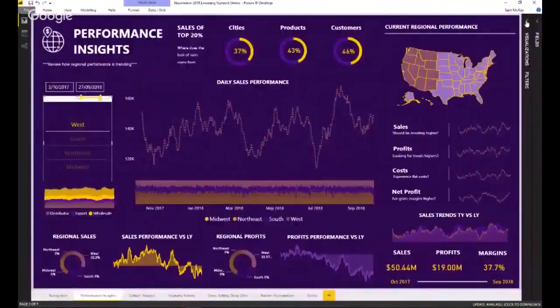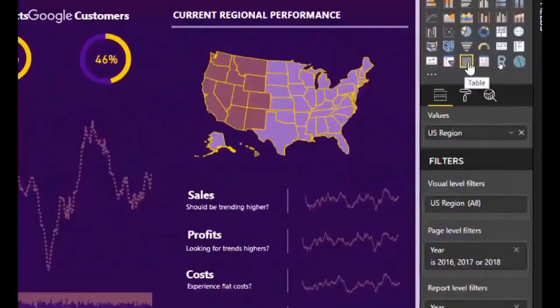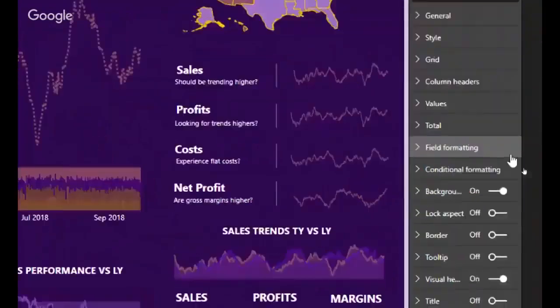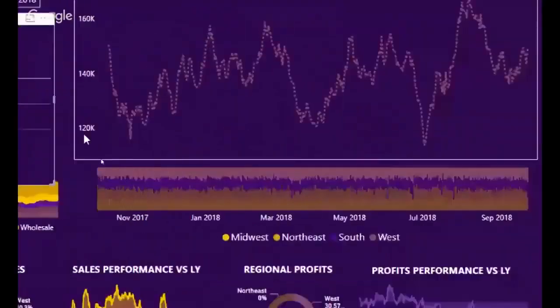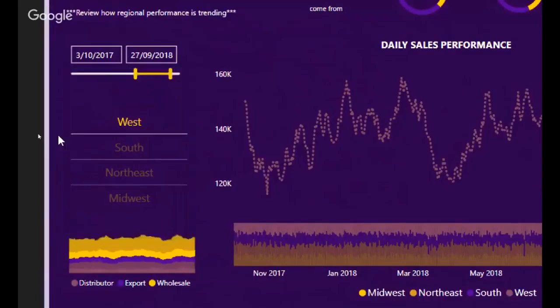So what we can see here, check this out. I'm highlighting over that particular visual, and you see that this is actually a table. What I've done is, you go to the paint roller for any of these sort of changes. I've changed up a lot of things inside of here. For example, a lot of the backgrounds are actually the background of the page. So the background color here is exactly the same as the background color of the page. That's how it's totally transparent and looks like it's actually on the page versus an element on its own. And I've just positioned it in a way that enables it to sit within two of